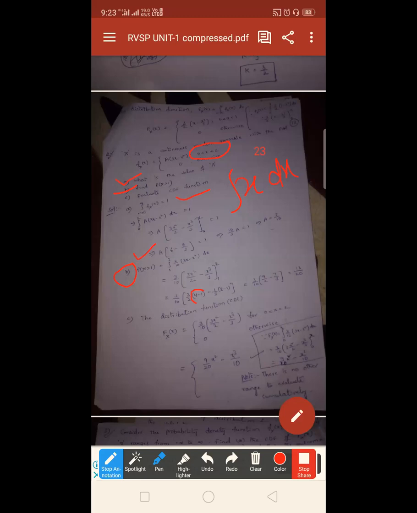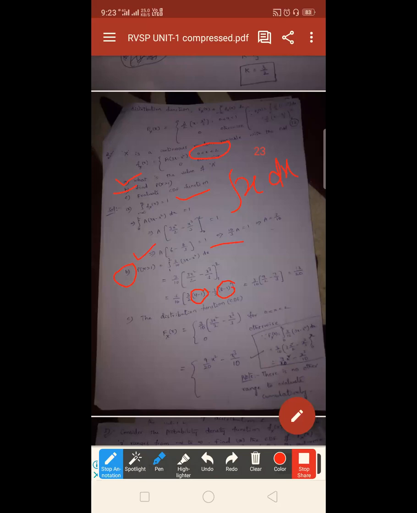After substituting the limits instead of x square, you will get 4 minus 1, minus 1 by 3 into 2 cube minus 1, 8 minus 1. You can substitute in this way also, or you may substitute as above. You can substitute the values in both methods. After solving, you will get probability of capital X greater than 1 is equal to 13 by 20.